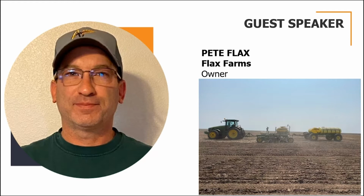Well, all the neighbors had went out. They had applied 70 to 80 pounds of nitrogen on their wheat already in January, and here we are late into March, and I've gotten 25 pounds of fertilizer on my wheat that I put down with the drill at planting. So the strips are starting to show up,